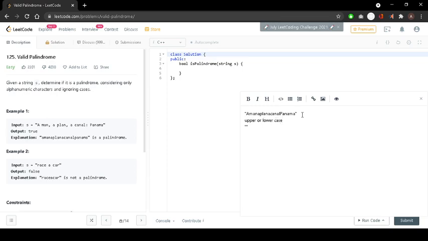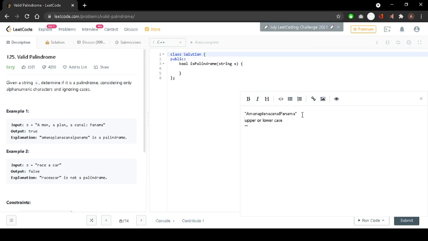So in the first step, I removed all the special characters except for the alphanumeric ones, and in the second step I converted everything into either upper or lower case, so that we do not have mixed cases.